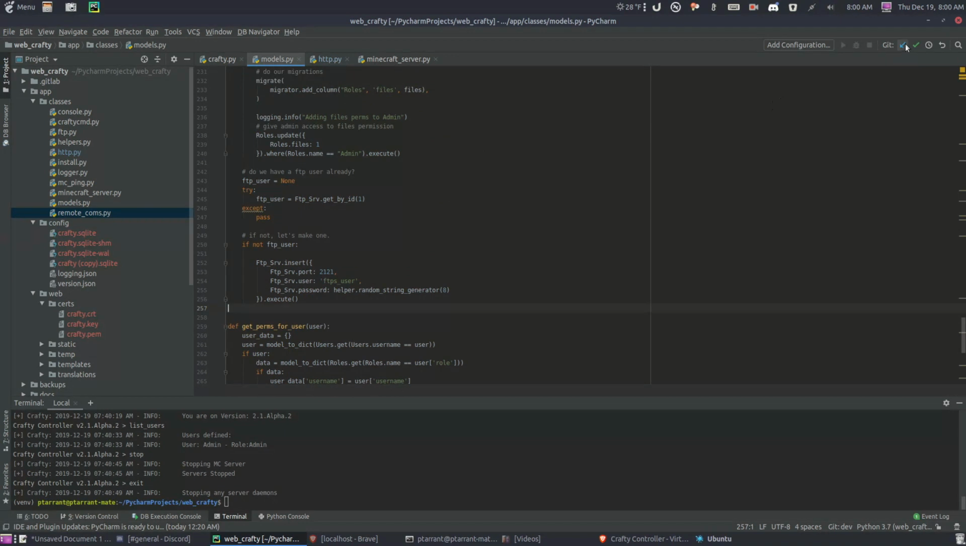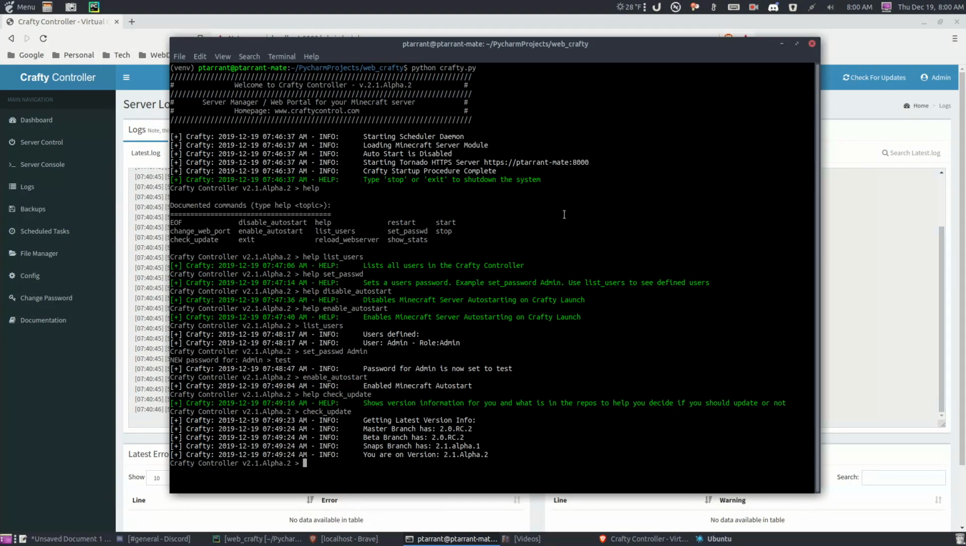So starting with this version, you won't need to delete the Crafty SQLite database. I've migrated on the fly, so you don't have to worry about having problems with that and losing your config, losing all your users and everything else. And I will continue to support that. With that said,